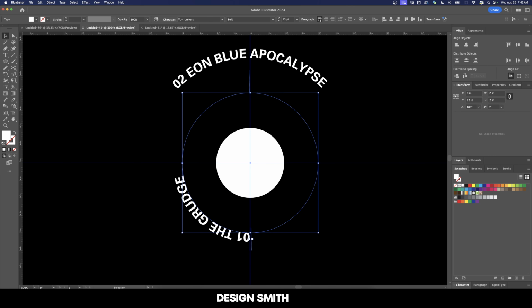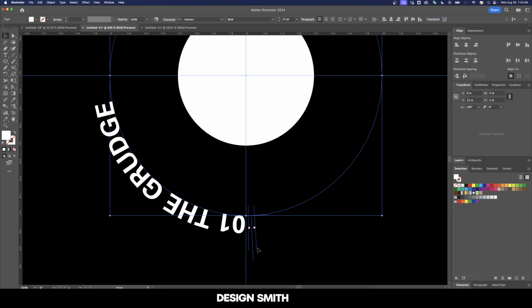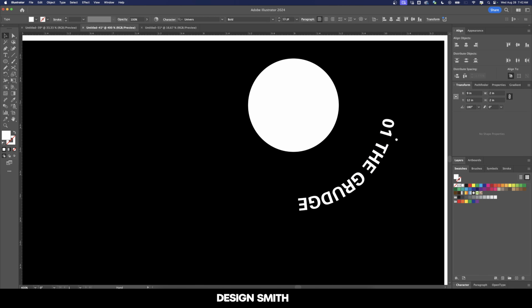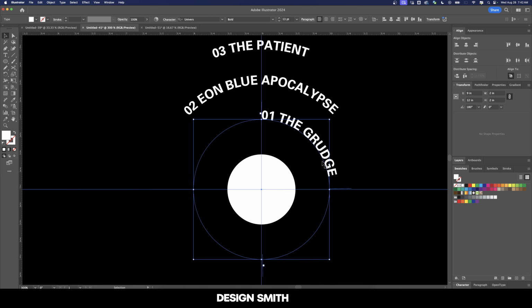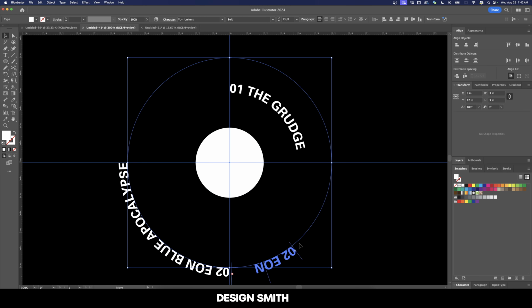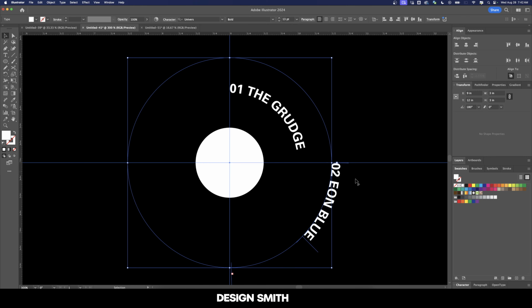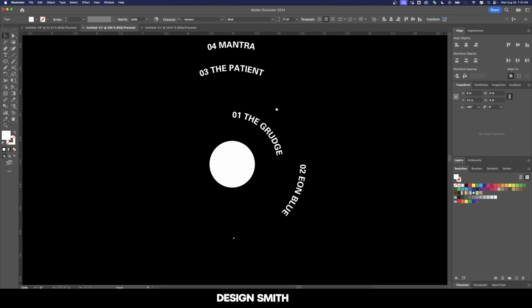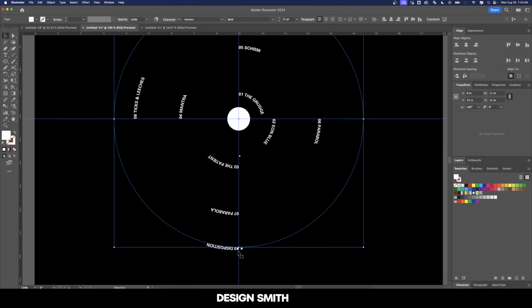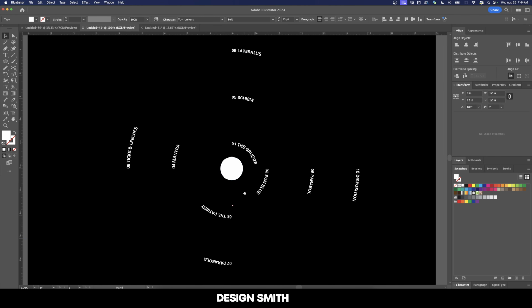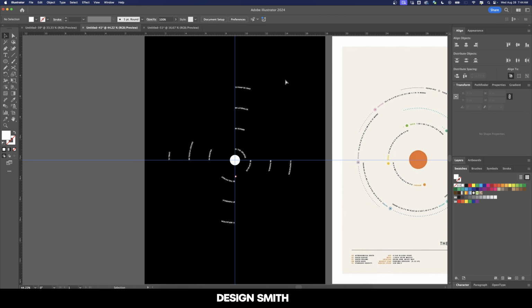And I'm going to change my alignment to align left. It's just going to make it a little bit easier to work with. And what we need to do is grab this little guide right here and just rotate it until we get it to that line right there. And the rest of this process is pretty straightforward, so I'm just going to go with this and create as much of a spiral as I can. All right, so that was a little bit tricky just in terms of getting everything exactly where it needs to go,